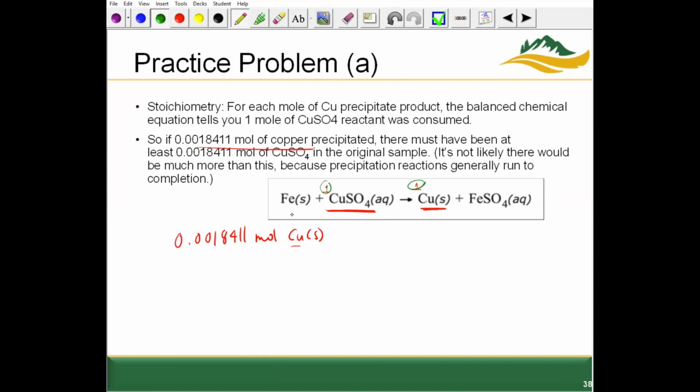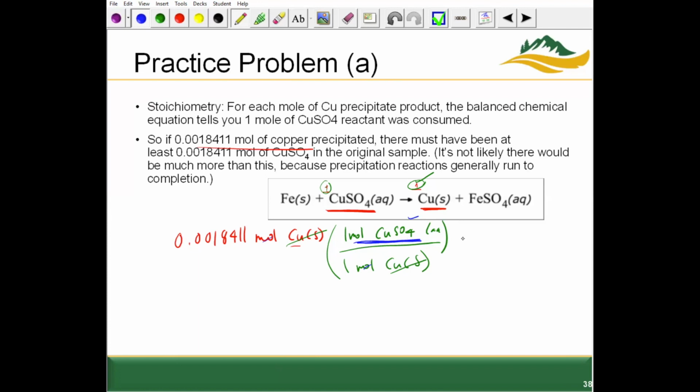So again, these molar coefficients are not always 1:1. So we could say for every 1 mole of copper solid, here connects for every 1 mole of CuSO4 aqueous. And importantly, we want to put copper solid on the bottom here in the denominator, then labeling all of this very clearly. This all cancels out, so then we have moles of copper 2 sulfate here because we kept this